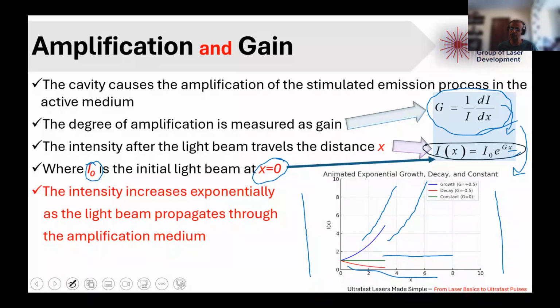So with the passage of time, how will this gain be increasing? Gain will not be increased without doing anything. We have to do something to increase the gain. First thing, pumping has to be done for stimulated emission and population inversion. Second thing, the cavity, two mirrors on the side, or a very long gain medium. In this way, the gain will be positive. In other cases, gain may be negative or constant, 0. So now if we move to the next slide,